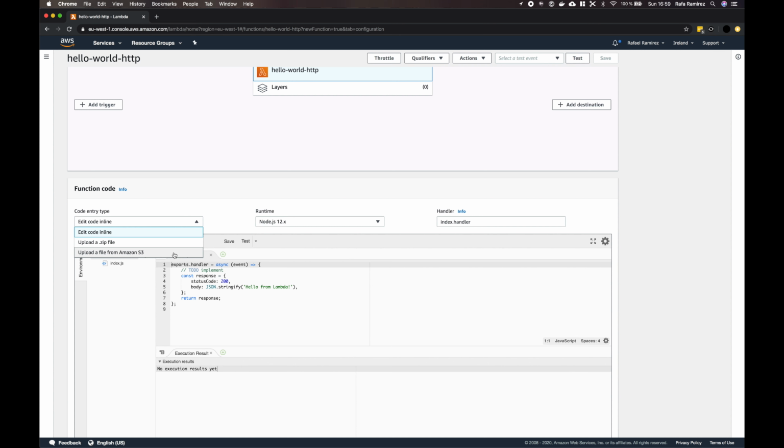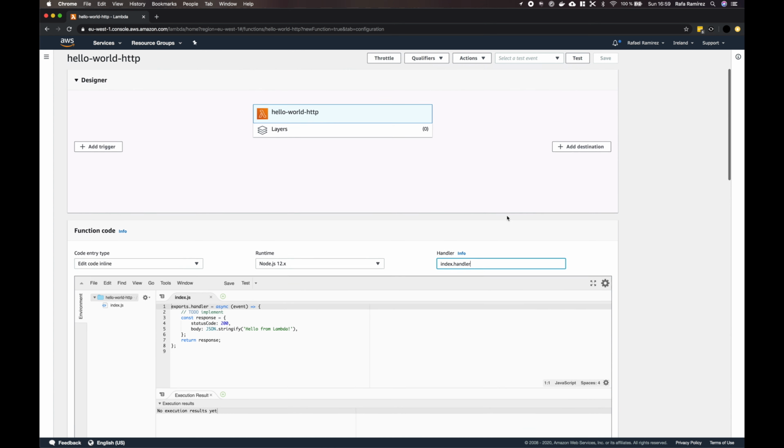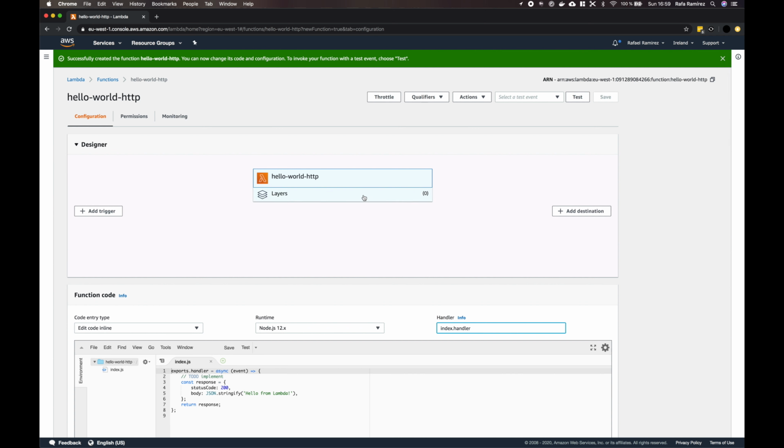If at any point you want to change the runtime, you can do it here. Maybe you want node 12, maybe you want node 10, so you can just change it here easily. And here you can change the entry point to the Lambda itself. Up here you can see that it's very easy to add triggers and destinations to how the Lambda gets activated and maybe what happens after the Lambda itself executes. But for now, we're just gonna